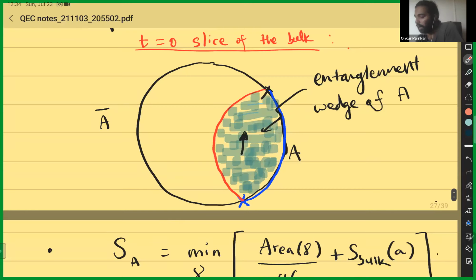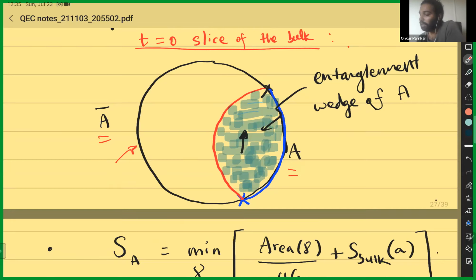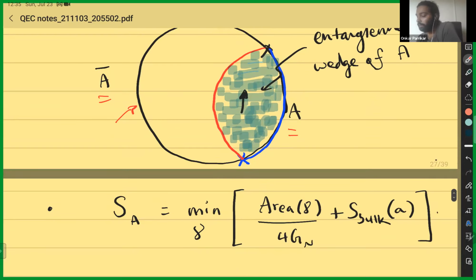Okay. So this circle here is the asymptotic boundary of AdS. We can partition that asymptotic boundary, let's say, into two regions, A and A bar. Then the Ryu-Takayanagi formula says that, first of all, the entanglement entropy of A, capital A, is